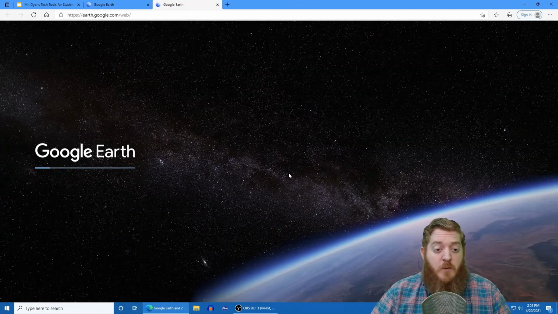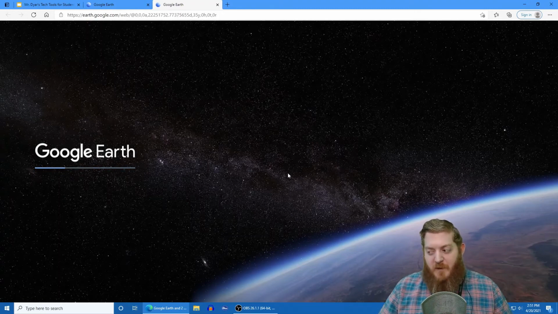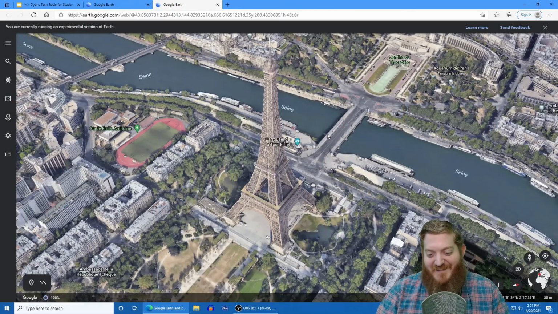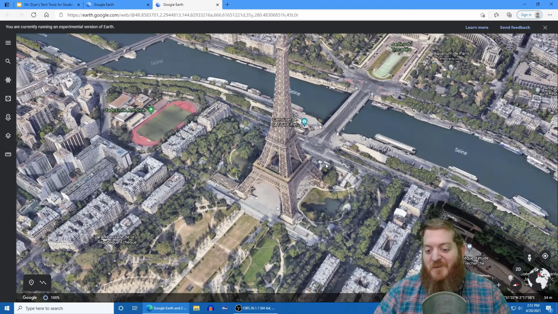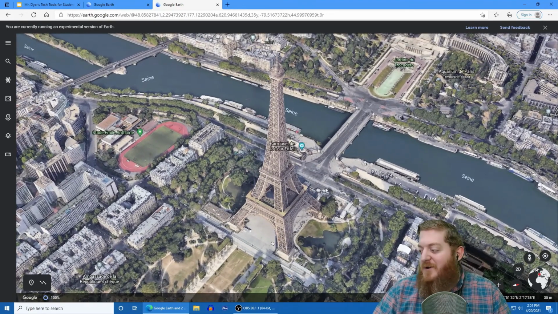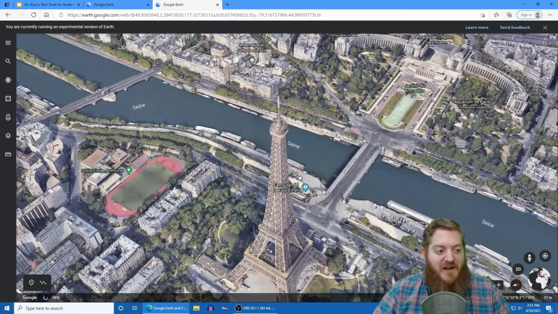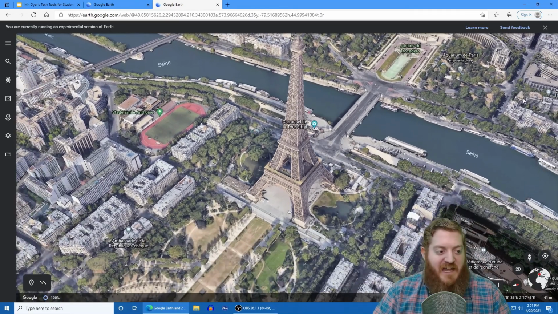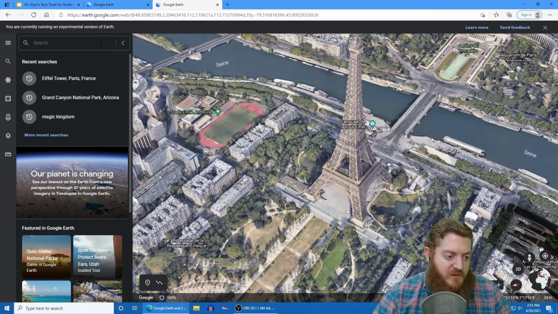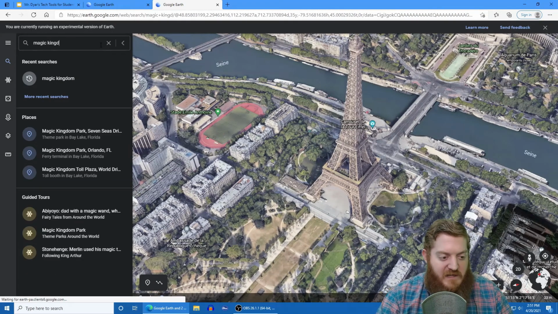And this is all done in your browser. I will say it's a little taxing on the computer. It does use a lot of resources, so be prepared to wait at times. It actually crashed my computer last week during this conference, but hey, we all have issues at times, okay? So it looks like it's running pretty well on my computer right now. I'll go ahead and try this out. So you can see here I am at the Eiffel Tower. Really, really cool. Let me just put in something else to search for. So let's do Magic Kingdom.